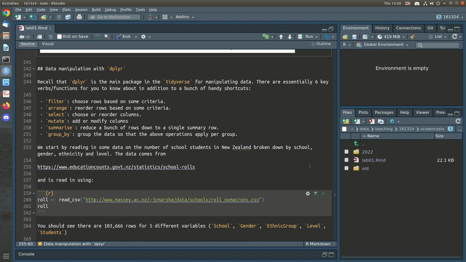entirely new to you. And we're going to be looking at a data set on the New Zealand secondary school and primary school roles, so the number of New Zealand students at schools across the country, and in fact some international students as well. And we're going to be manipulating this reasonably large data set with the tools that dplyr